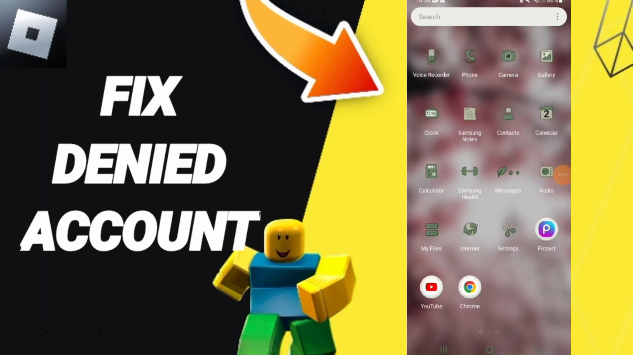Hi friends, today we'll talk about how to fix or how to solve the problem of denied account on Roblox. To know how to fix or how to solve denied account on Roblox app, you should